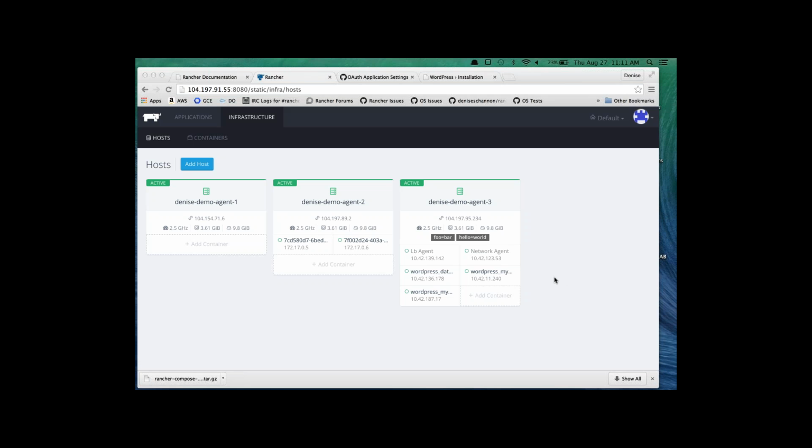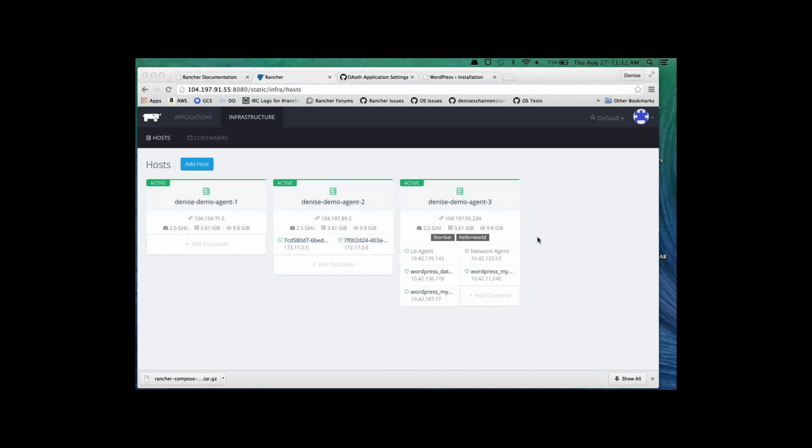One of the questions on scheduling was, is it possible to add support for resource-based scheduling, which is basically saying, put this container on whichever host has the least load on it right now. That goes to an earlier topic, Denise was talking about Swarm, and Swarm and Mesos, a few other scheduling approaches really rely on resource-based scheduling. So we're actually working on incorporating those schedulers into Rancher so that you'll have really a choice of how you